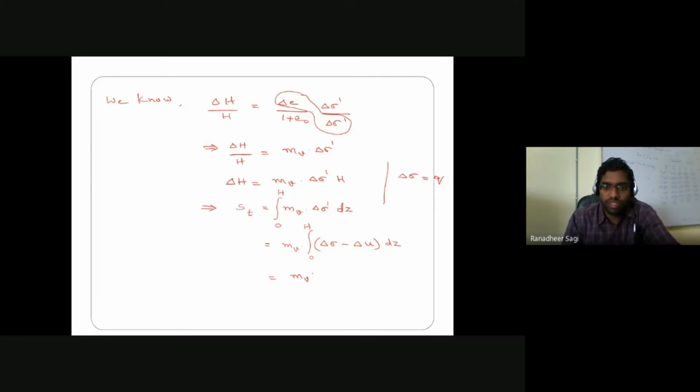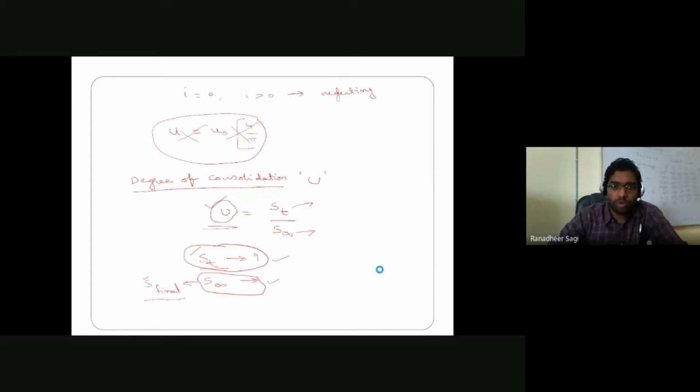So for the first term, it is q into H that I have. And then I can subsequently go on to represent that particular function, but for timing, let me keep it like that. And minus delta u. What does this delta u mean? It's the change in pore water pressure. In the previous class, if you can recall, we talked about pore water pressure.